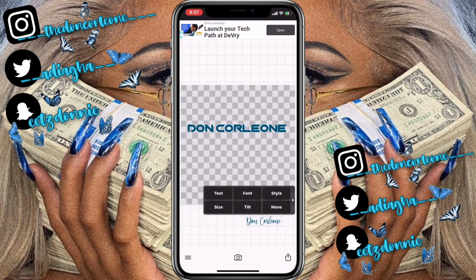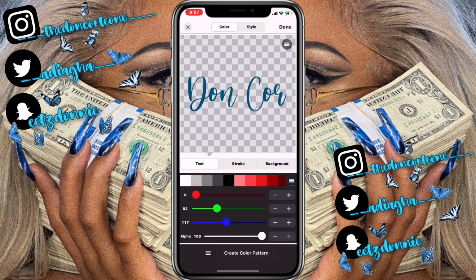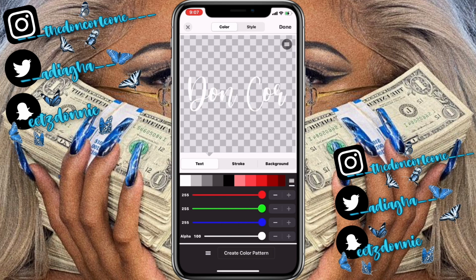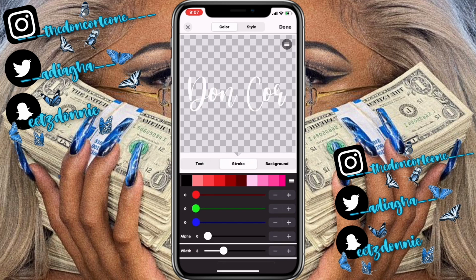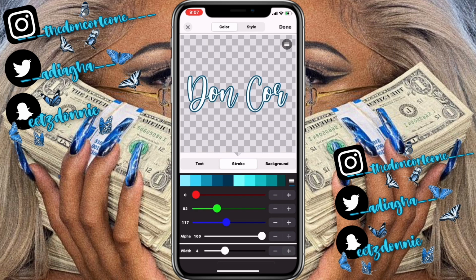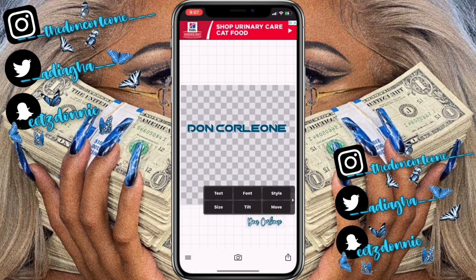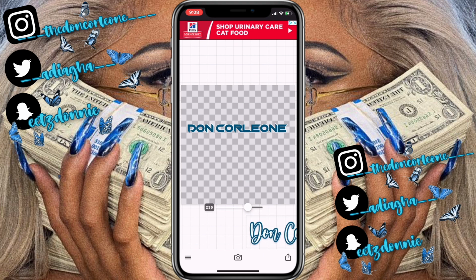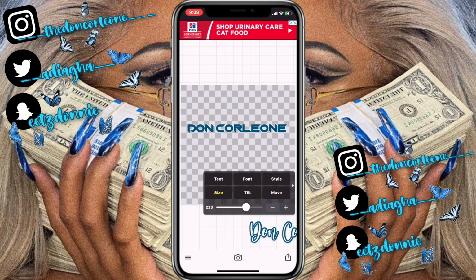We'll be choosing Nicolia. Yeah, and then we're going to go into style. The text color is going to be in white, and then the stroke is going to be in the color blue, the blue we use for the other Don Corleone. And then we're going to adjust the width to like 8. Yeah, and then we're going to size it up. Okay, I think we're going to leave this at 230,